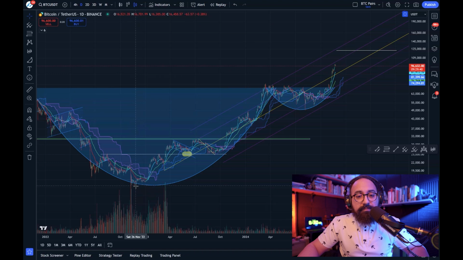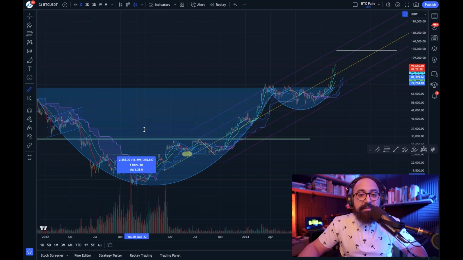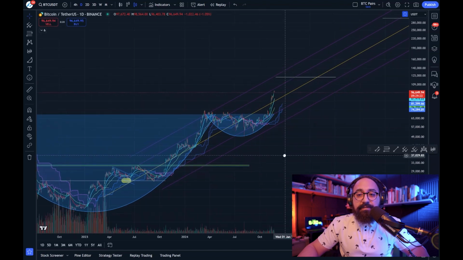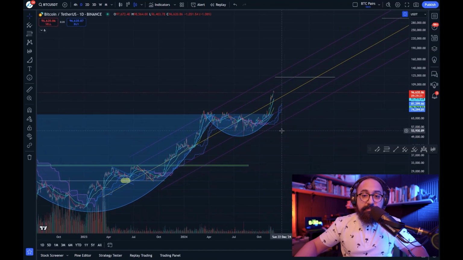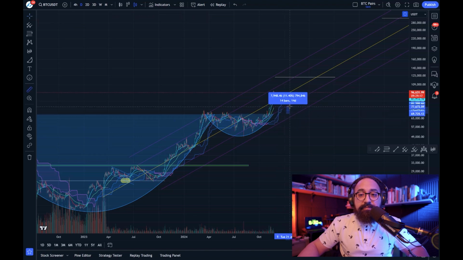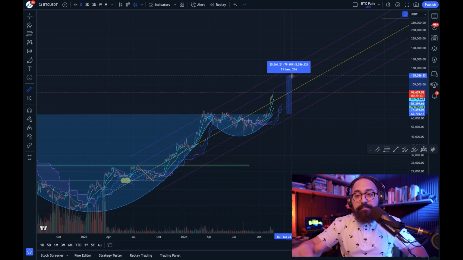You go all the way to the bottom, and you get the value that the move made, which was, let's just say, $55,000. It made a $54,000 move. Let's just say 55,000, right? So we go ahead and add 55,000 on the breakout of the handle. Right here was the breakout. Here's your handle. Let's add $55,000 to it. So I have that line there. So it should be about